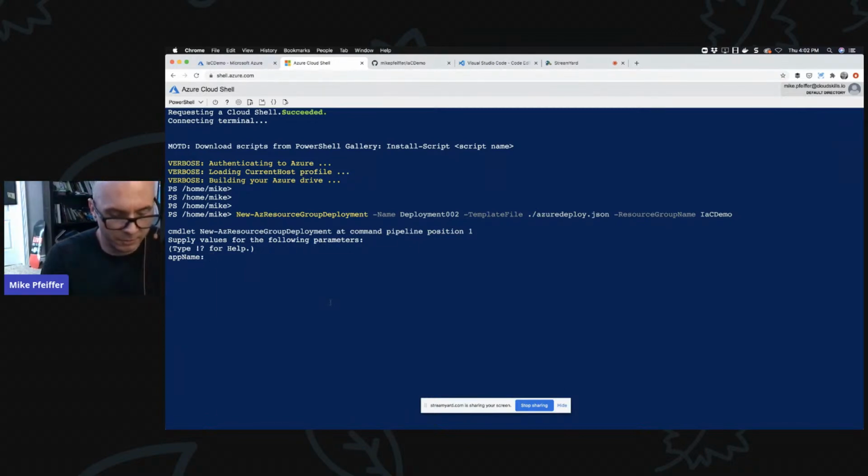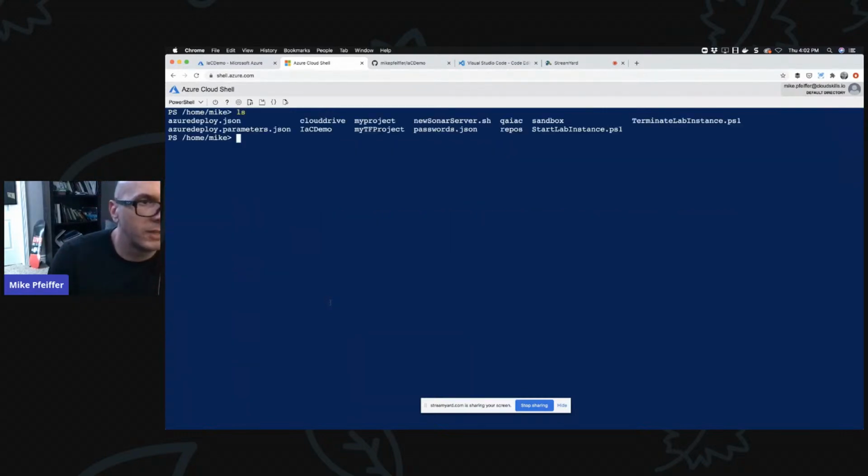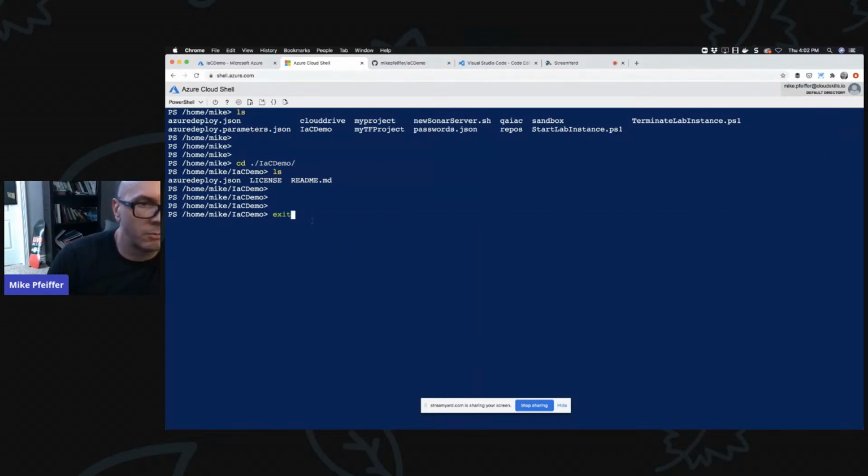This thing's confused. It's looking at the wrong template. So let's do this. I've got a template in the root of that folder, same name. I had to sit there for a second and I realized, wait, that's not the right template. So cd into IAC demo. Yeah, that's the one that we want to do. Up arrow, back over, right? Because we're looking in the local folder. So that's something fun to watch out for. All right, let's run it.